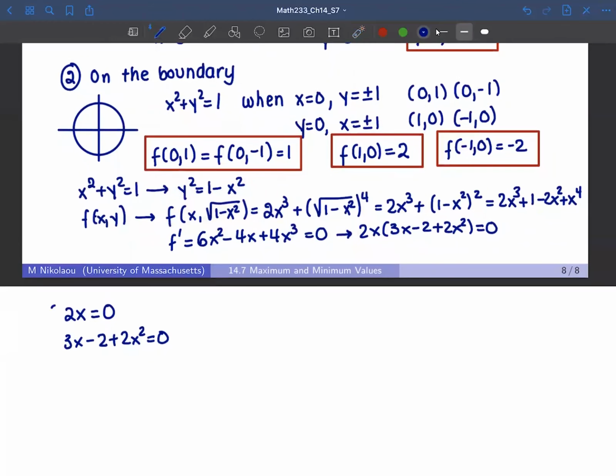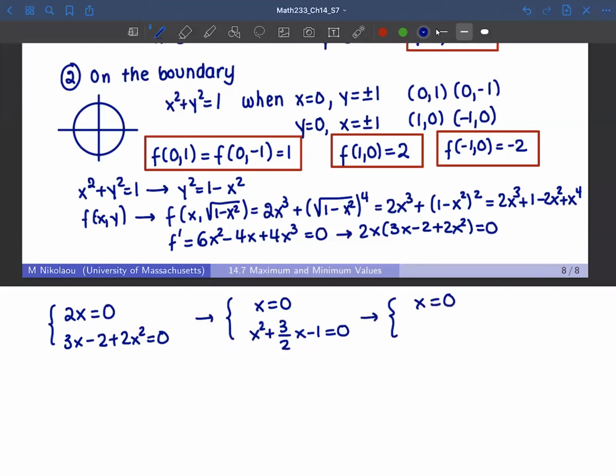So that gives us two solutions: 2x is equal to 0, which means that x is equal to 0, or, if we simplify here, we'll have x squared plus 3 halves x minus 1 is equal to 0. And from that, we get either that x equals 0, or if we factor